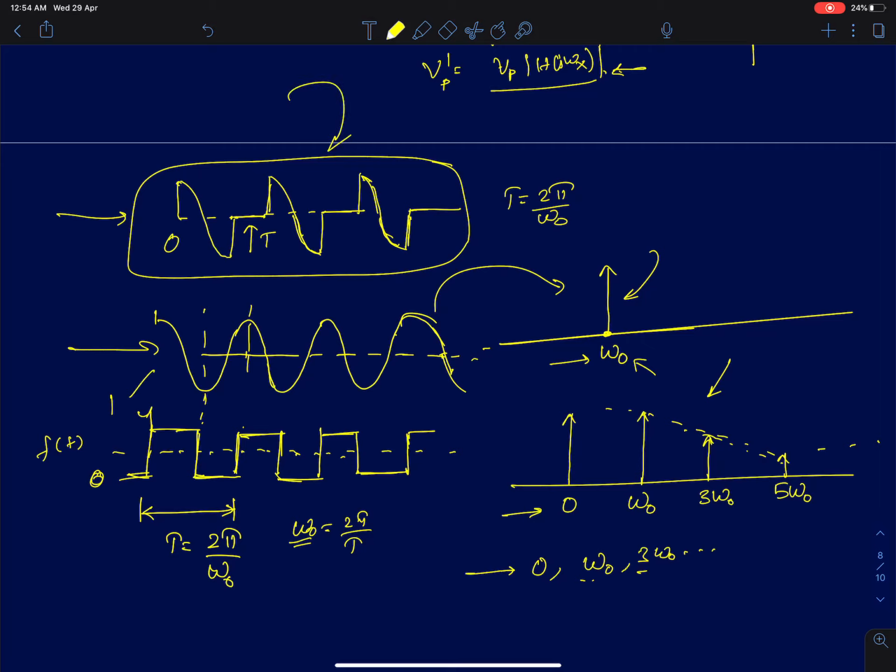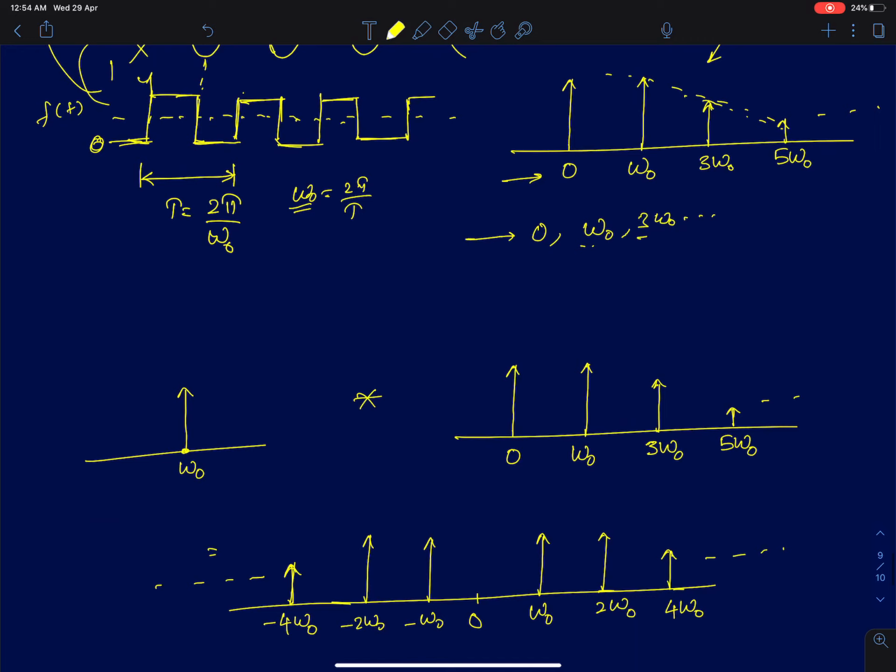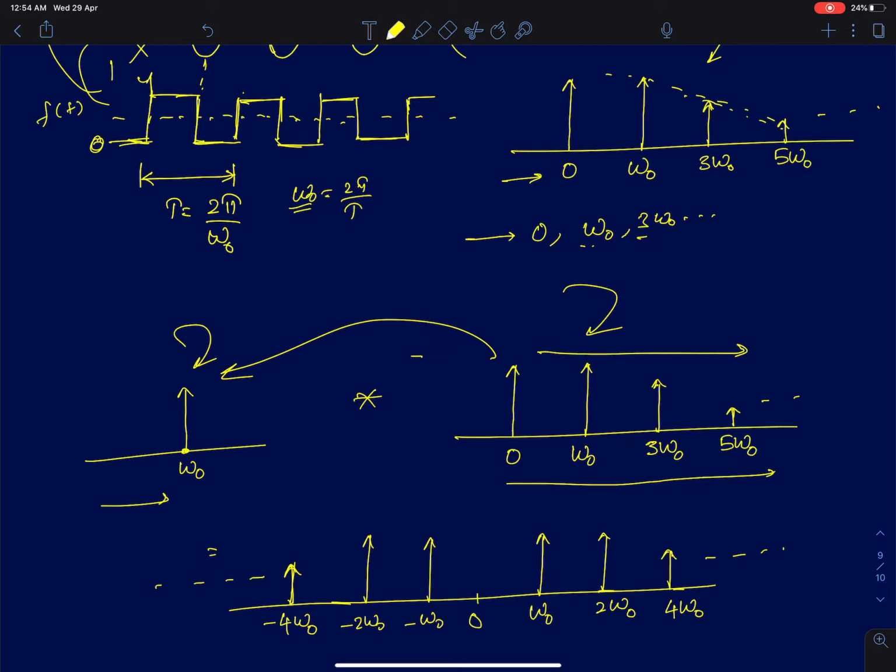So if I multiply the pulse signal which goes from 0 to 1 with this sinusoidal signal, I will get this signal. Multiplication in time domain is convolution in frequency domain. So I have to convolve this signal with this signal. I have only shown the energy at positive frequencies. If I convolve this with this, it just amounts to shifting this whole graph by omega naught in this direction, and the negative frequencies will also be shifted by omega naught in this direction.